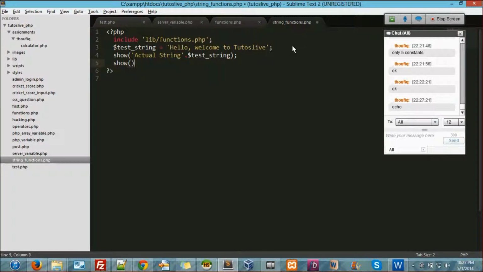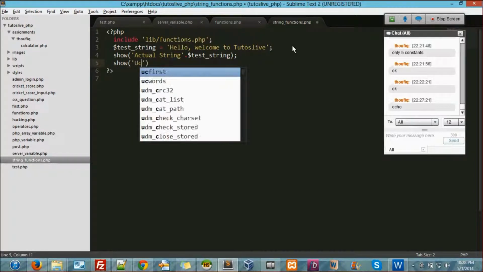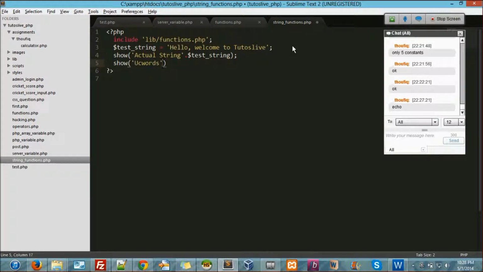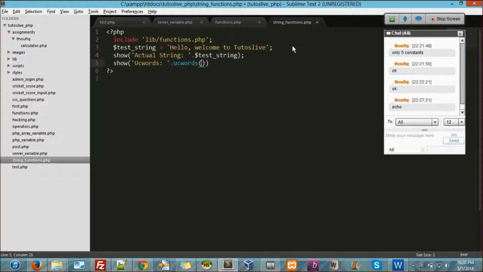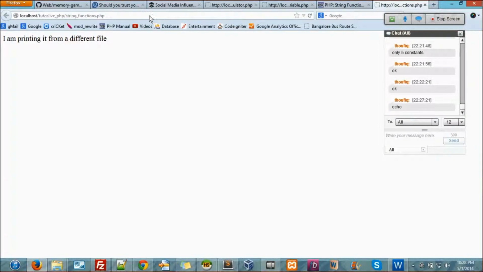Then show ucwords. Let's see ucwords first. Dot, let's give a space, ucwords of dollar test string. Right, let's see. You see here, what does ucwords do? It makes the first letter of every word capitalized. Okay, that is ucwords.